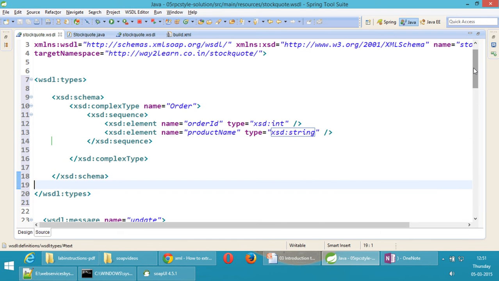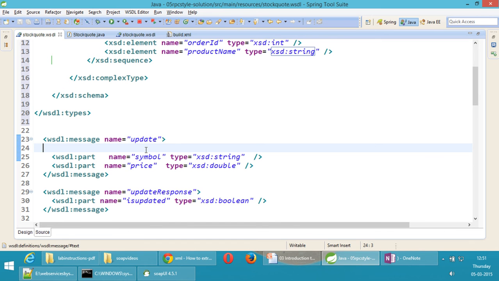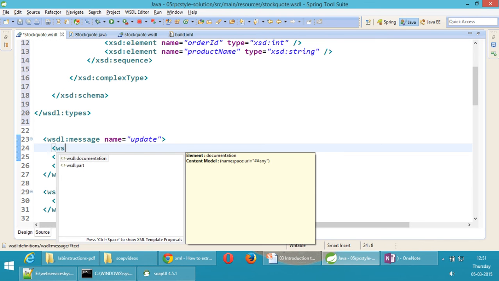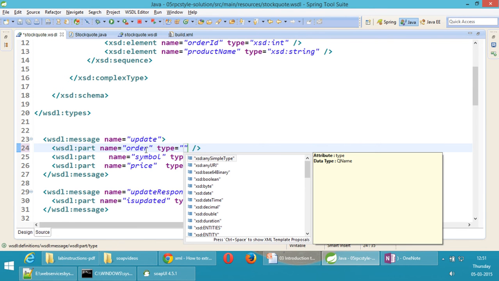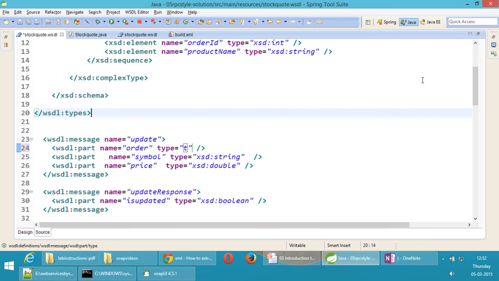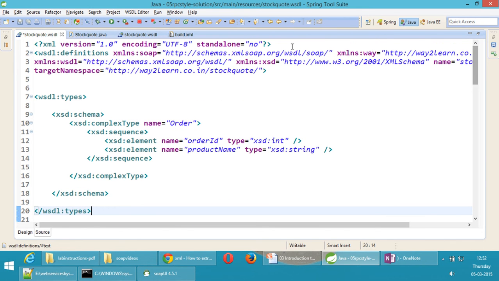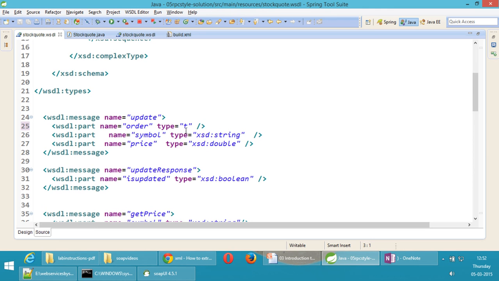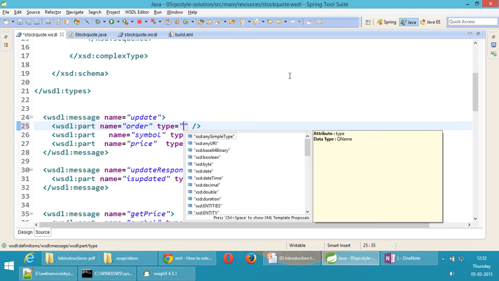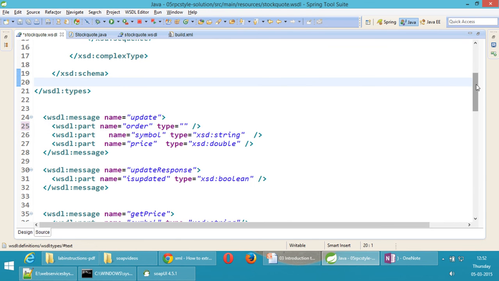And now here for update I will write one part, WSDL colon part. I'll say name is equals to order, and I'll say type of this order is what? What is the namespace actually here? The whole everything belongs to by default namespace. Here type is equals to